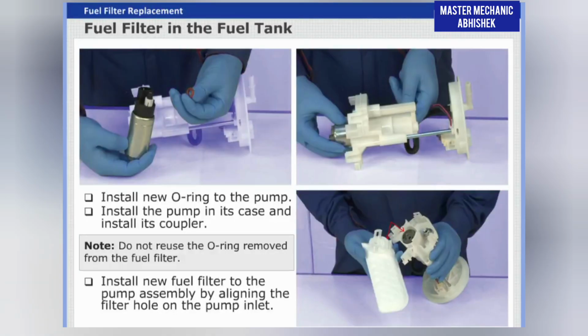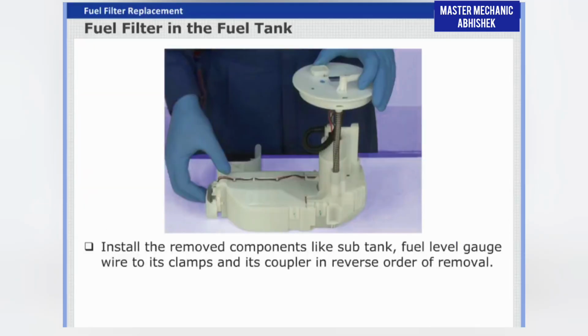Install the pump in its case and install its coupler. Do not reuse the O-ring removed from the fuel filter. Install new fuel filter to the pump assembly by aligning the filter hole on the pump inlet. Install the removed components like sub-tank, fuel level gauge wire to its clamps and its coupler in reverse order of